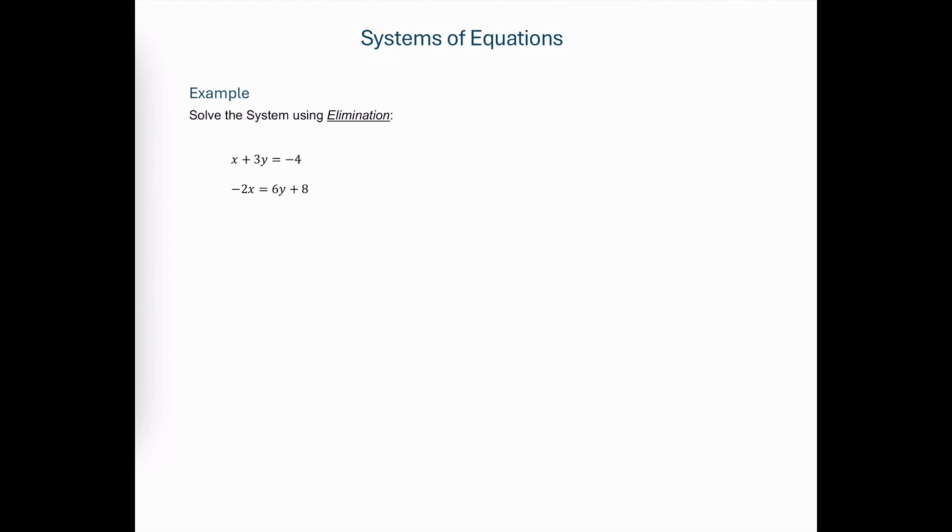Solve the system of equations using the elimination method. The elimination method is also sometimes called the addition method. The first thing that we need to do is line up the x columns, the y columns, and the answer column. So we'll leave the first equation as it is since x and y are already on